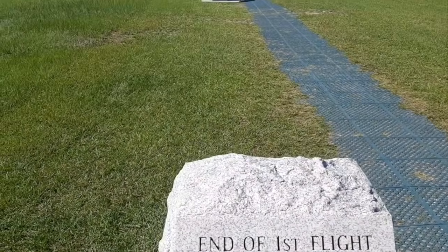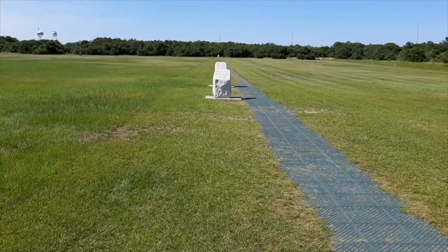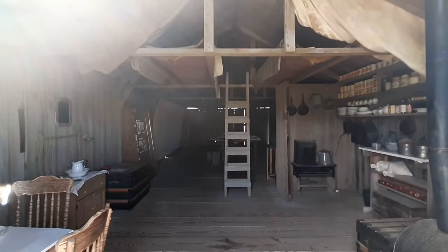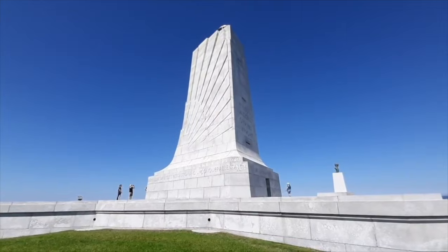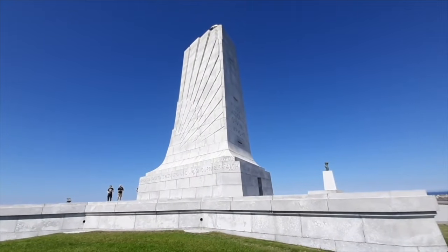And outside, there's a trail that shows how far each of the brothers' 4 flights went on that historic day where they made their first successful flight. There's also a reconstruction of the Wright brothers' living quarters where they stayed during their time in the Outer Banks. Finish off your visit by climbing Big Kill Devil Hill to visit the monument built to memorialize the Wright brothers'